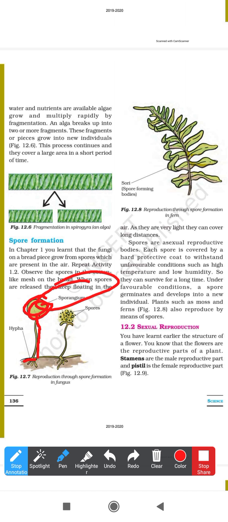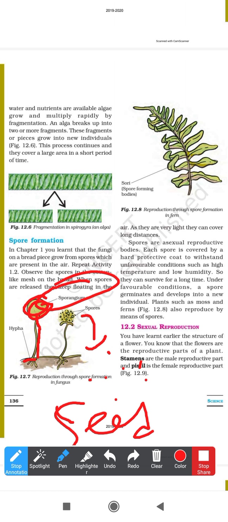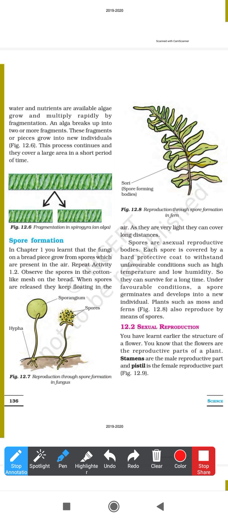Sporangium. Inside the sporangium there are spores. Spores are like a seed only. You can consider them like small seeds. Actually it's not so, but at your level you can see them like small seeds. These will come down, again make a new sporangium, again come down, make a new sporangium. So in this way, from one it makes millions and millions of spores.